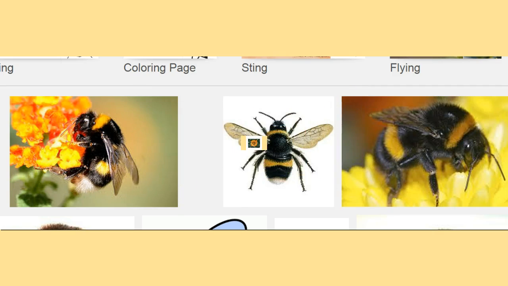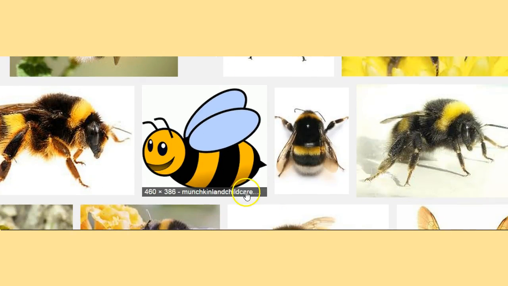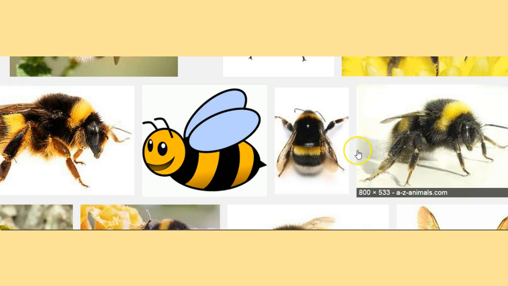Now please note, when you get various images, they have to be the perfect image. For instance, this one would be very difficult to cut out his arms and his legs. This one would be a perfect example, and the same thing applies here. This would be very hard to cut around the images. Let's see if there's anything else. This is a little elementary, so I won't use this. This one is a very good one. This one I would prefer to stay away with, as there is a reflection on him,